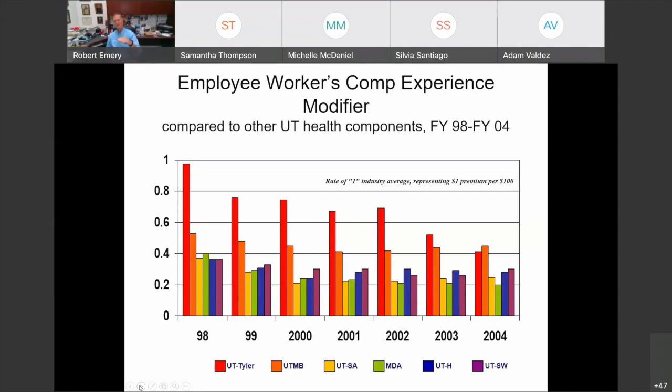And then that rate is adjusted up or down depending on your experience. In other words, how many injuries have you had? And if you have a modifier that's less than 1, so let's say 0.5, that means your premium is 50%